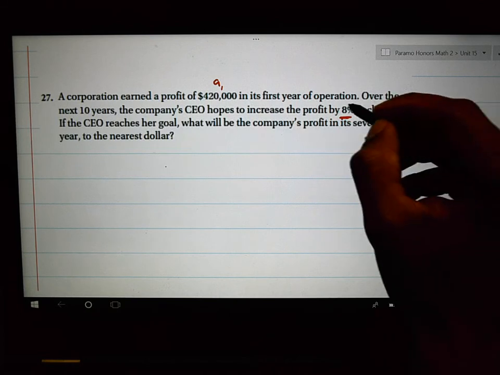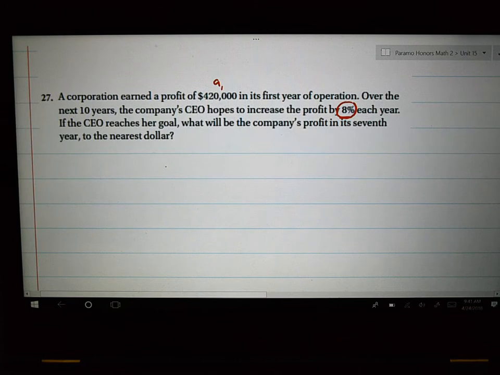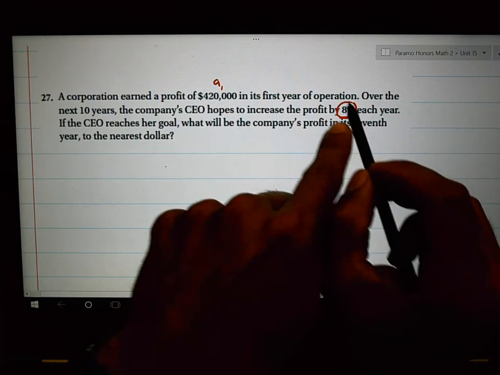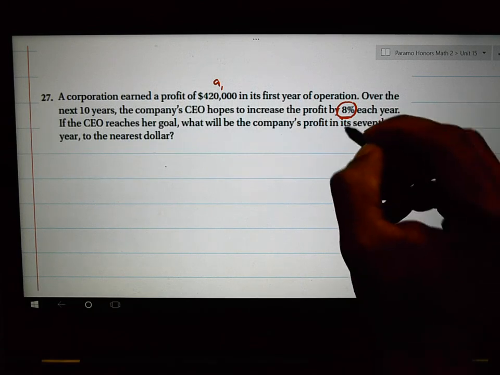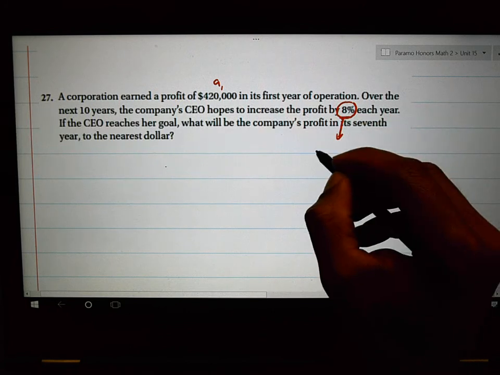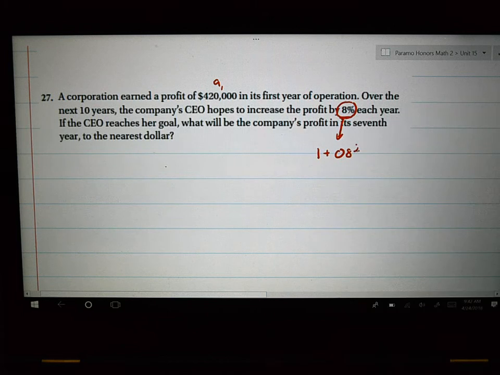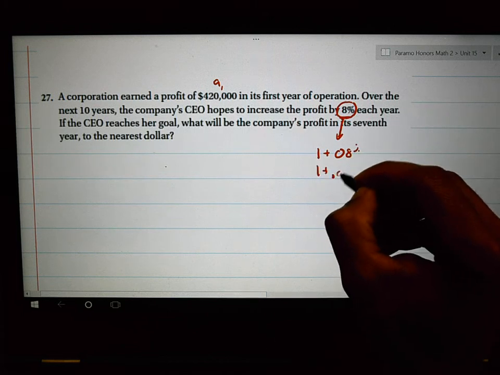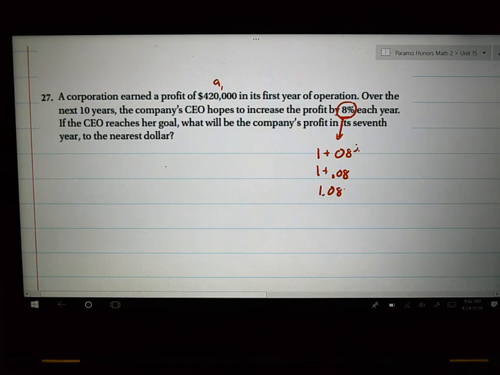This 8%, I hate to tell you, would only calculate how much interest on top of the $420,000 you would earn. So our rate isn't 8%. If I want to know what the actual rate is, I'm going to have to do 1 plus that 8%, or 1 plus 0.08. If I really want to do this calculation correctly, I have to do 1.08,